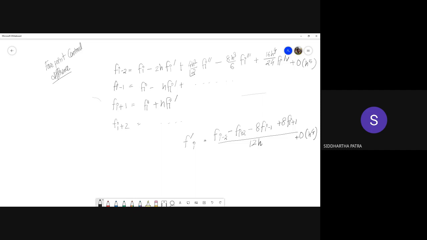Okay, now if you compare with the 3-point forward or backward difference method, just by incorporating one more point, you are getting 2 orders higher accuracy. Okay, so earlier it was order h squared with 3-point forward or backward difference, but with this one you get 4th order truncation error when trying to evaluate the derivative at any given location.